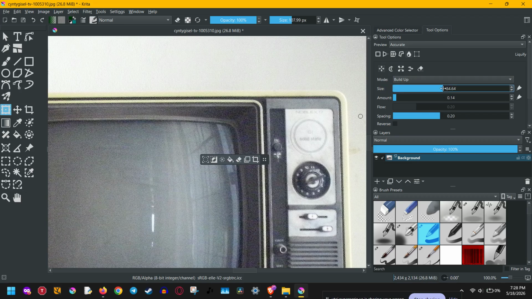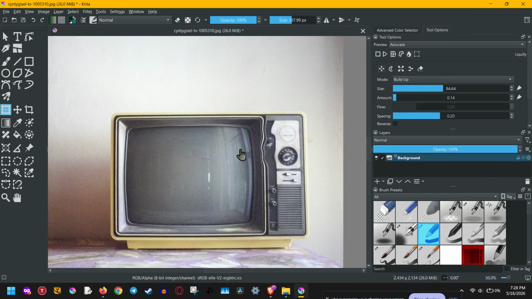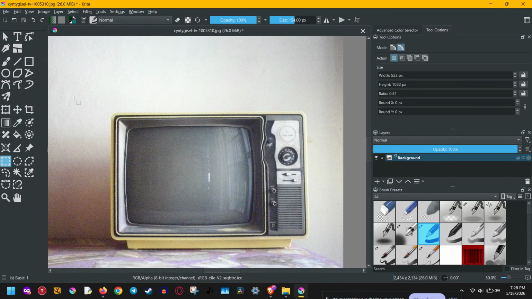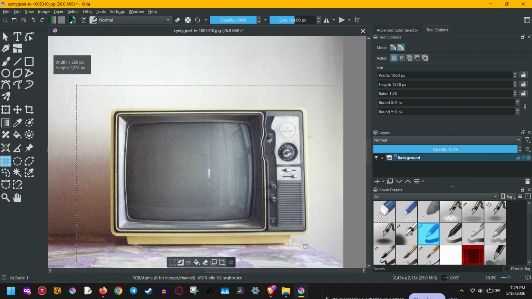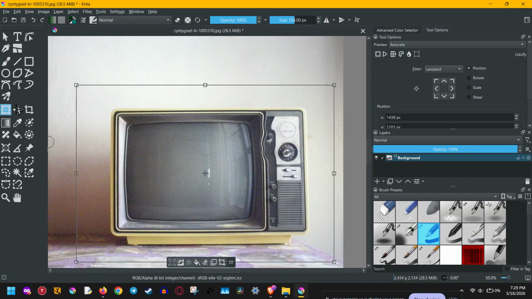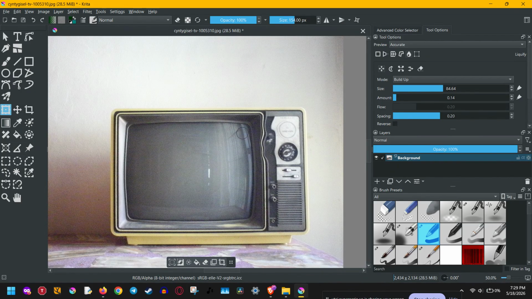Once your settings are ready, go to your canvas and start brushing directly on your drawing. This is where the effect happens. Click and drag over the areas you want to morph and watch the artwork respond in real time. You can nudge features, reshape curves, enlarge forms, or tighten details depending on the brush mode you selected. If the result looks too strong, just undo and reduce the brush size or lower the effect strength in the